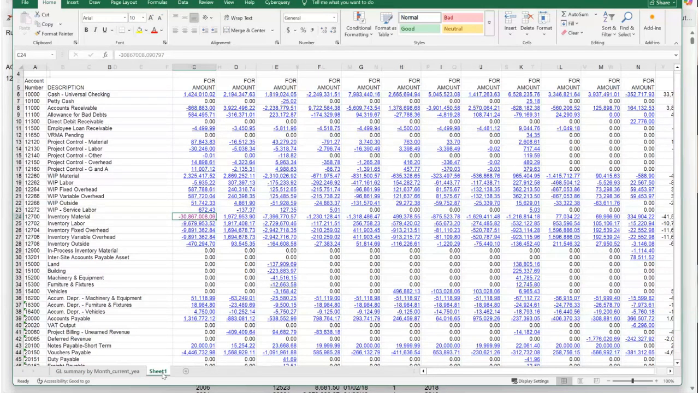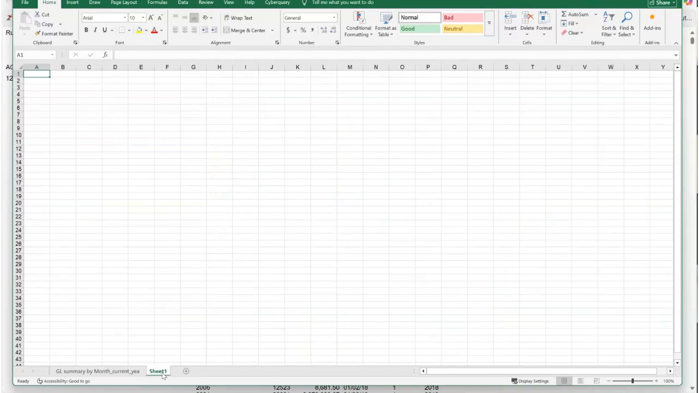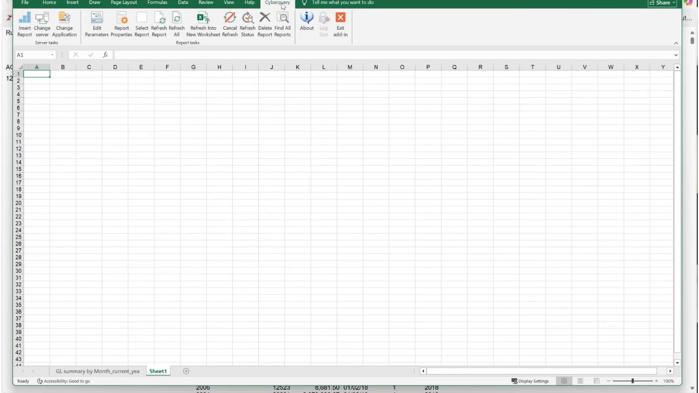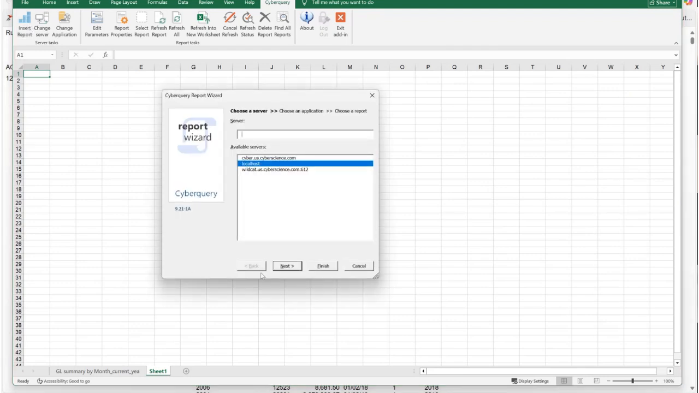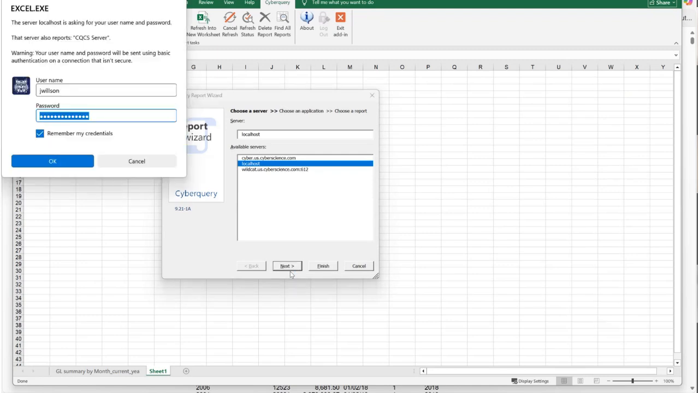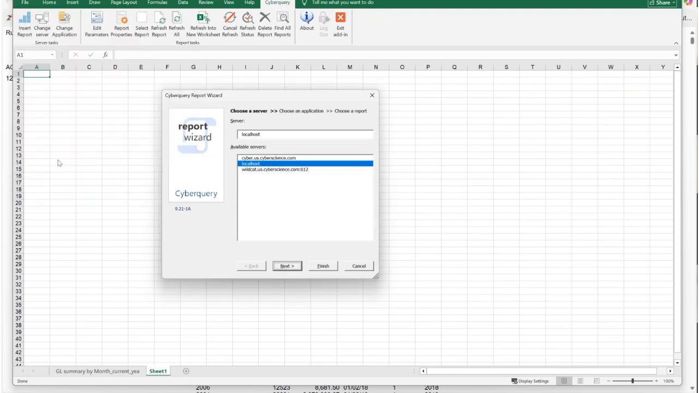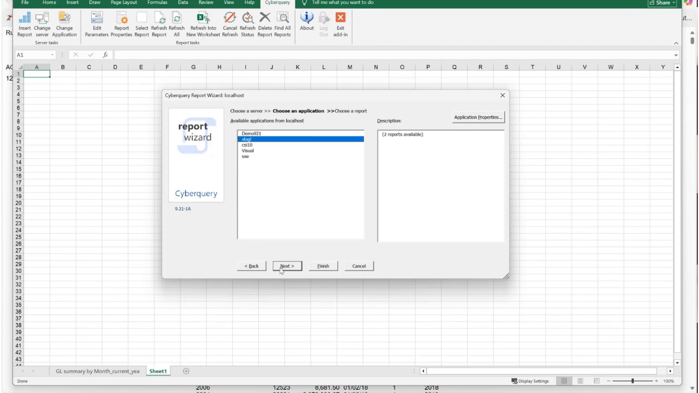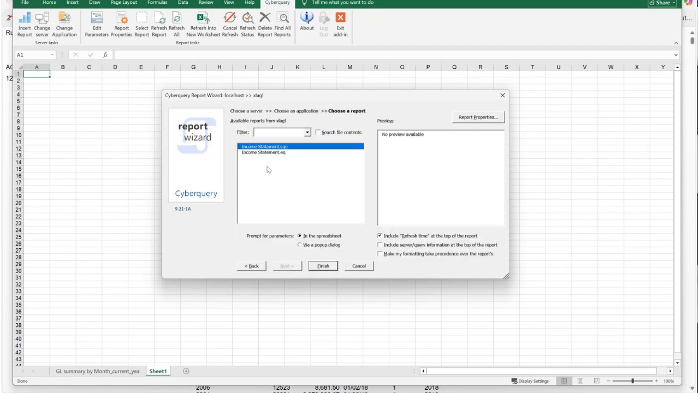We also offer an Excel plugin. So what does that mean? That means I can go up here on the toolbar, you'll see some familiar drop downs, and at the end is one called Cyberquery. So this actually plugs into Excel and allows me to interact with the Cyberquery server for the purpose of loading existing Cyberquery reports. So I go through my login here, and I'll go to my GL example here